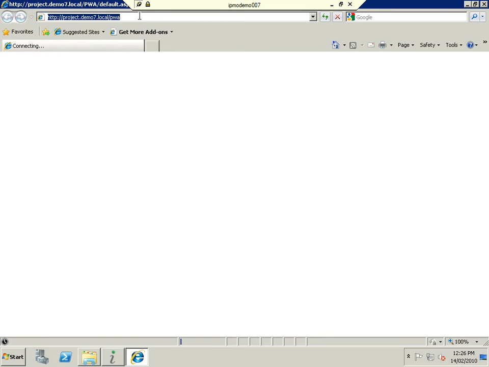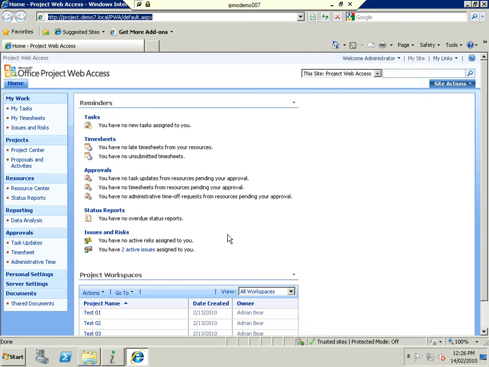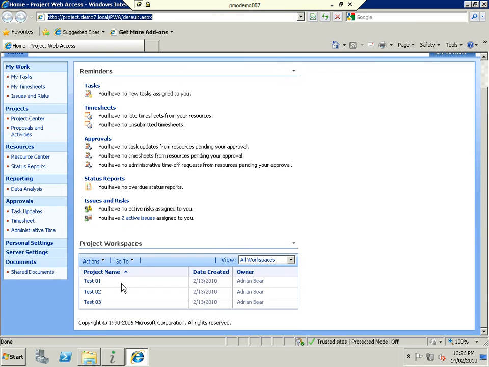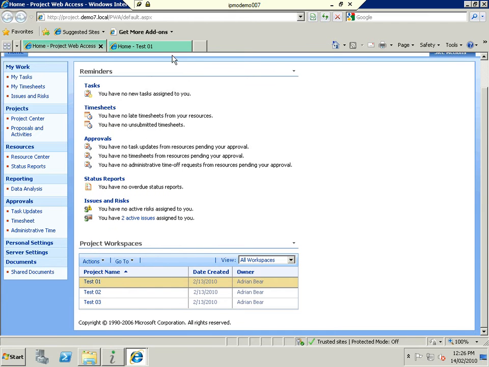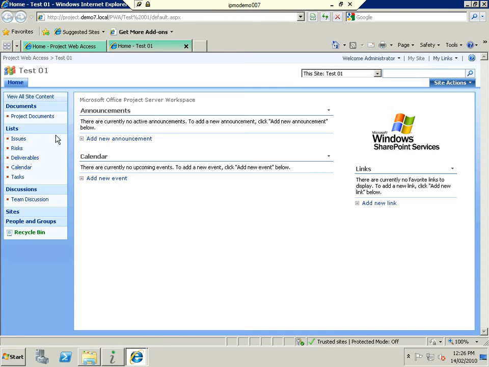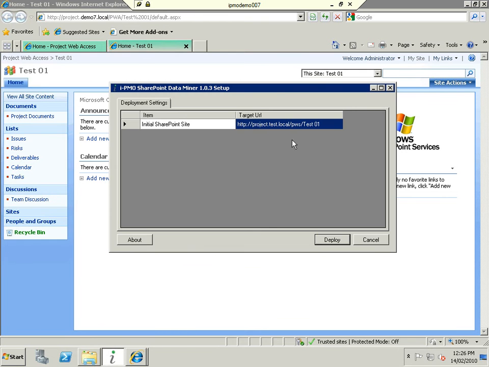I've set up a bunch of SharePoint sites using Microsoft Project Server. Now, these don't have to be Project Server sites. This is just an example. They could be any SharePoint site. It could be SharePoint My Sites or Team Sites or any site that you want to configure from SharePoint. So if we copy the address of this site and paste it straight into the deployment tool,